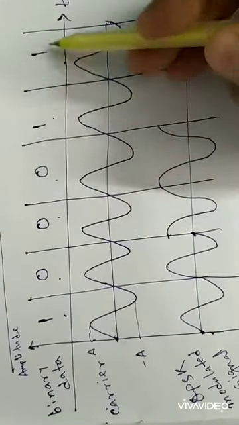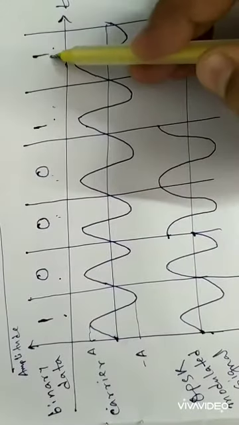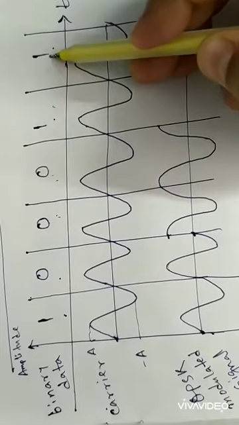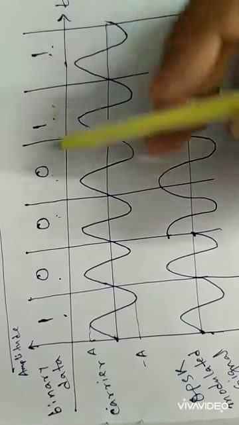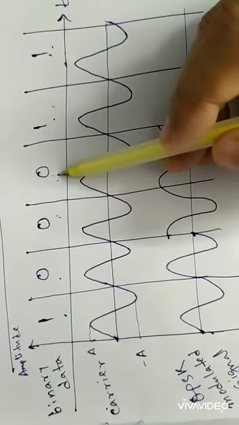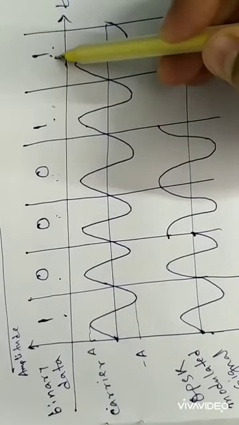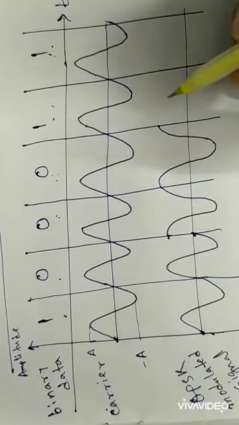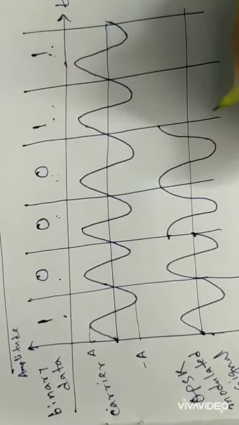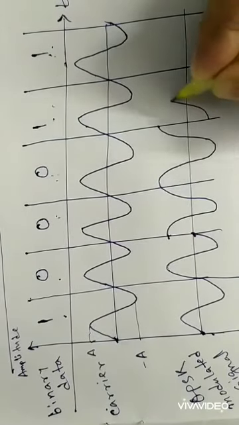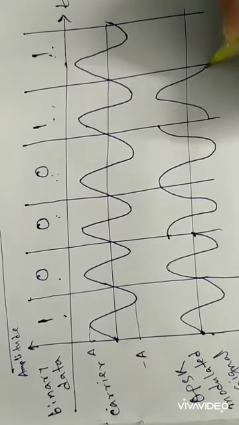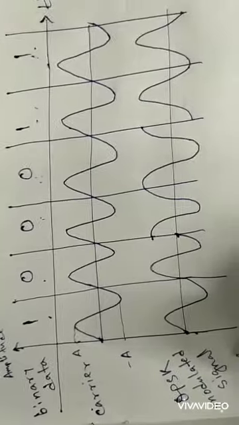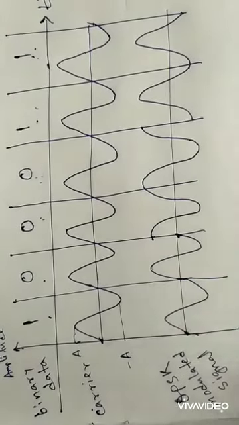Now the next two bits are 1, 1. That means between 0, 0 and 1, 1 there is a 180-degree phase shift. A 180-degree phase shift means if I send A cos omega ct for 0, 0, I have to send minus A cos omega ct for 1, 1. So the waveform will be completely opposite to that of 0, 0. So the waveform will be like this. This is the QPSK modulated waveform.